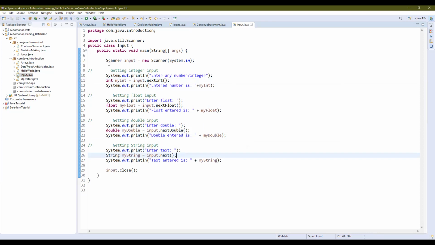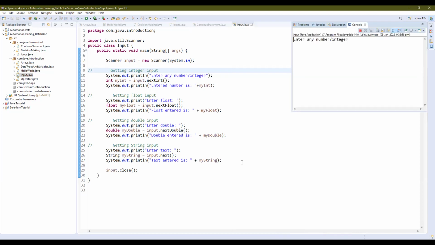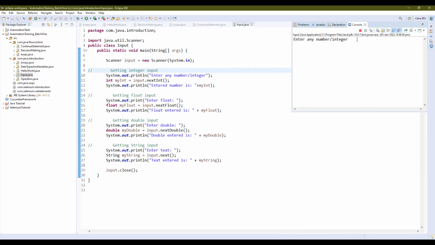So you can see that I have written just a few lines to take the input from the user. I'll just run it and you'll get to know. Since this is a very easy topic, I am not creating a program right now. This is just a pre-created one, to save the time.